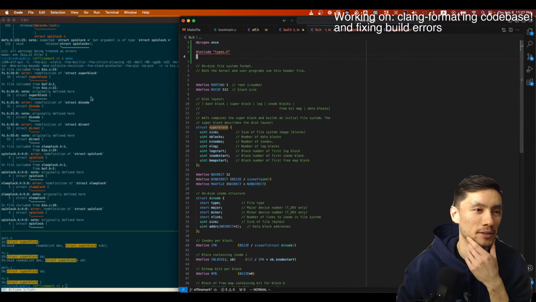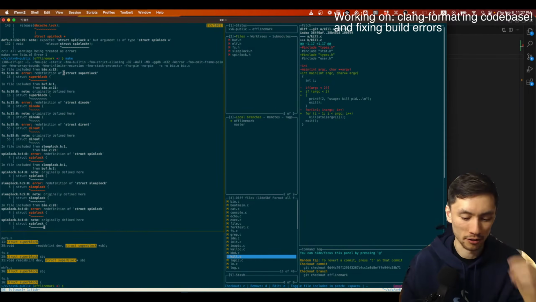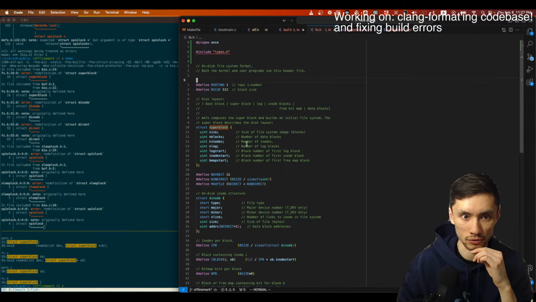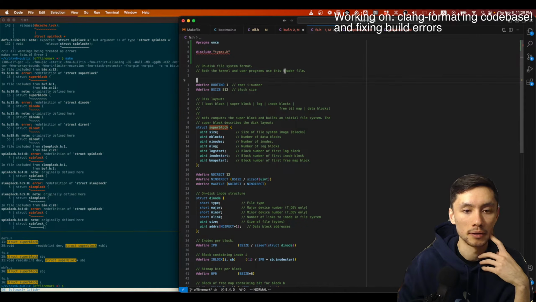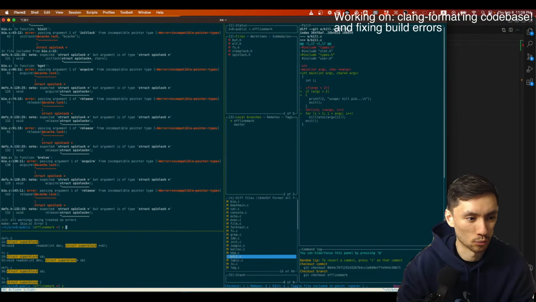Okay, but to go back to this error, the error we're getting is that the compiler is seeing multiple definitions of this struct, because multiple files are including this file. I don't think I can explain this super clearly off the top of my head, but basically, when you're coding C, you need to put something at the top of header files called a pragma once, or an include guard.